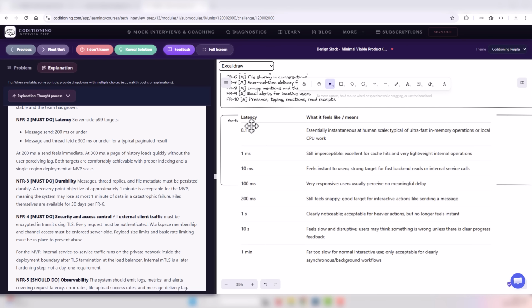So that's on the extreme. A second is probably on the high end of what's okay, and 10 milliseconds feels instant to users. So anything in the 10 millisecond to 1 second range, I would say, is ideal. So you can put a number in that range. As a candidate aiming for a strong hire, the way you express your non-functional requirement for latency